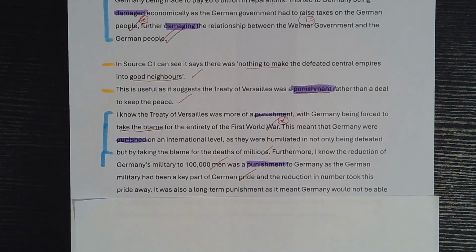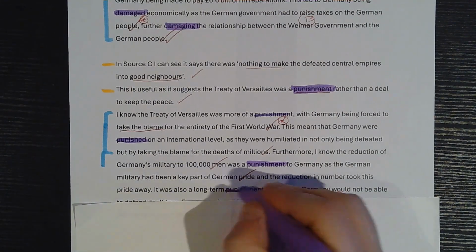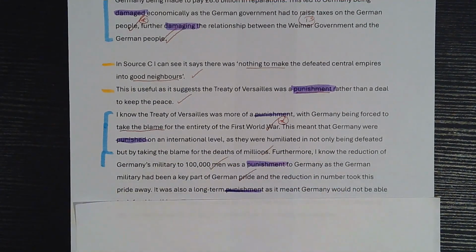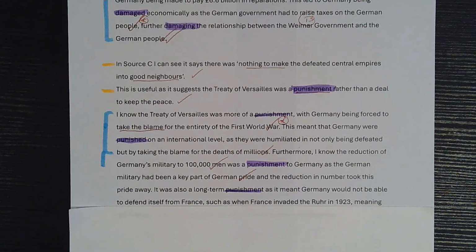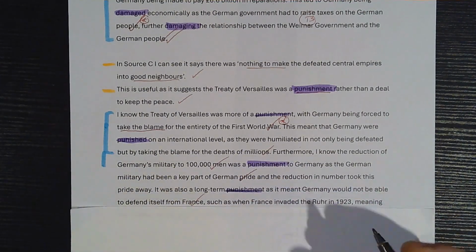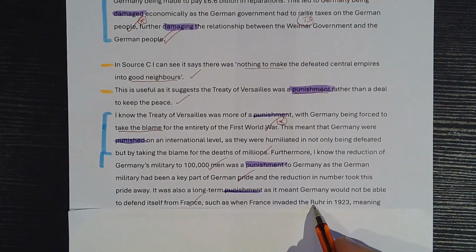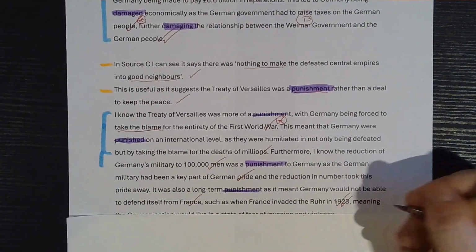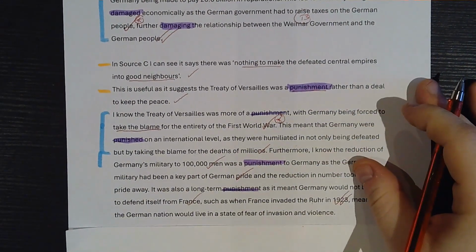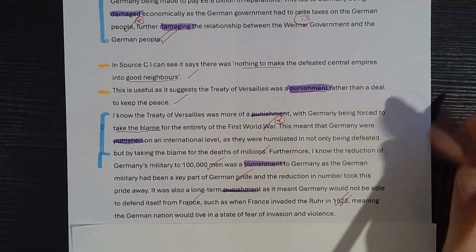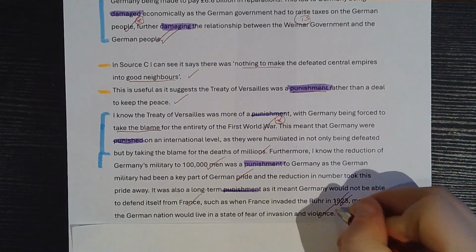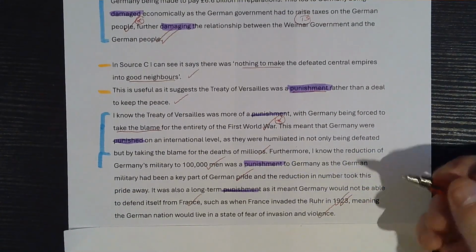It was also a long-term punishment. So again, linking to how else this military reduction was a punishment, as it meant Germany would not be able to defend itself from France, absolutely. Such as when France invaded the Ruhr in 1923, specific detail, meaning that Germany would live in a state of fear from invasion and violence. So again,